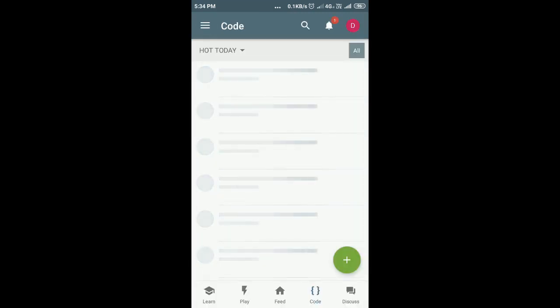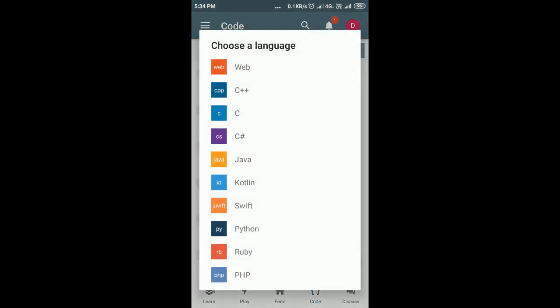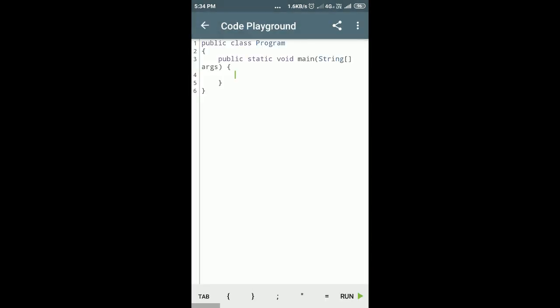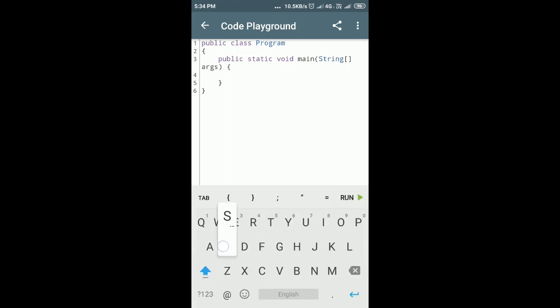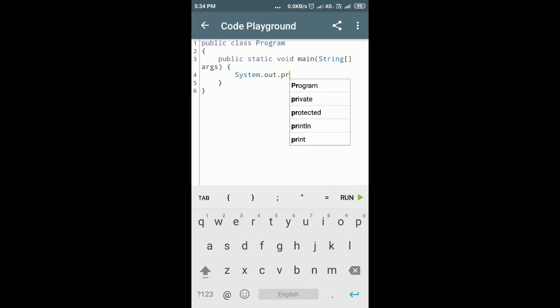So you can do any programming like Java. So I will click on the Java. Here I will print the hello world. So System.out.println.